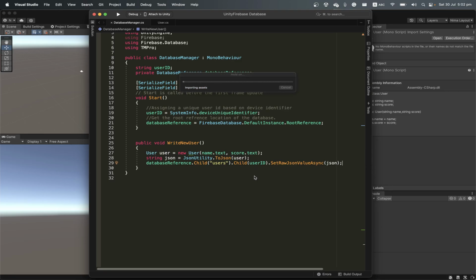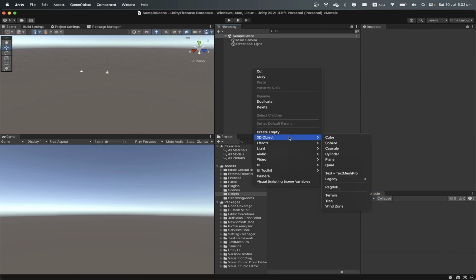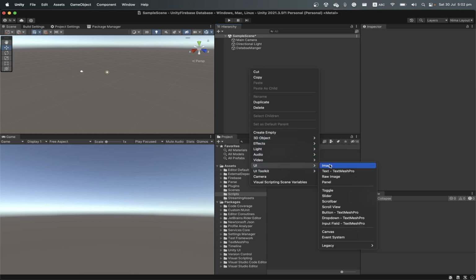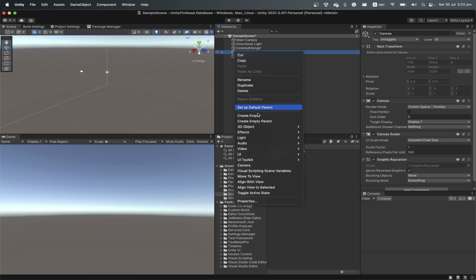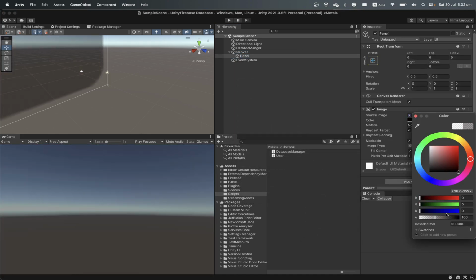Now we can test our code. For now I'm gonna minimize this. Let's make a new empty object. This is gonna be the database manager. I'm gonna assign the code here, and now let's create our UI. So I'm gonna make a canvas. Let's add some color to it. I'm gonna add a panel, make it black,